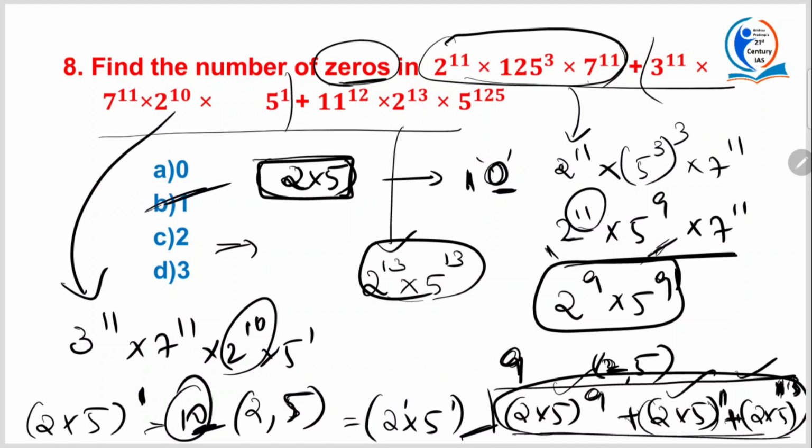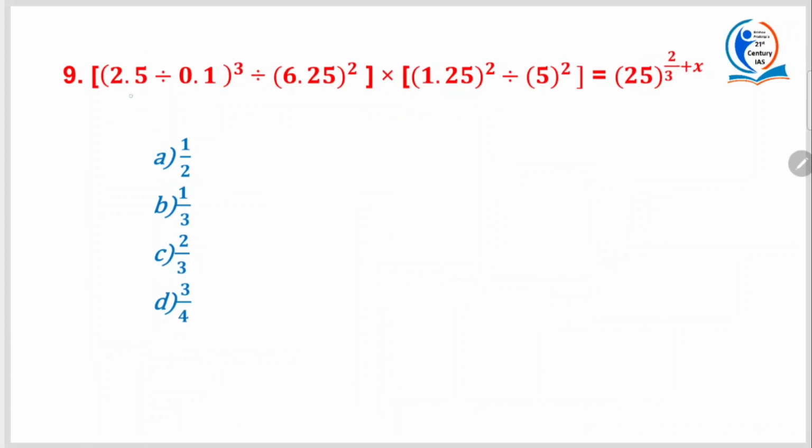So, whenever they are asking you the number of zeros, concentrate on the number of 2s and 5s pairs. That will be your answer. Now, 2.5 divided by 0.1 whole cube. So, this one can be written as this, and this point will go. So, it is 25 cube divided by 6.25 square, right? So, 625 by 100 square